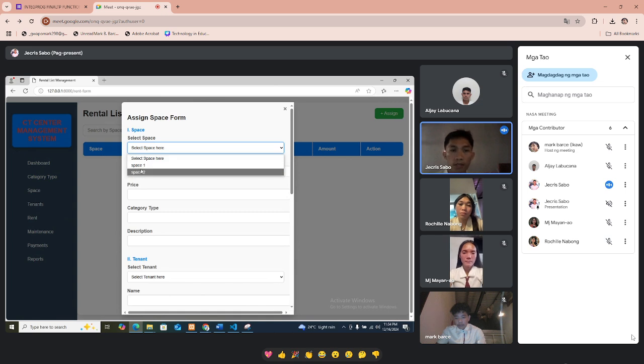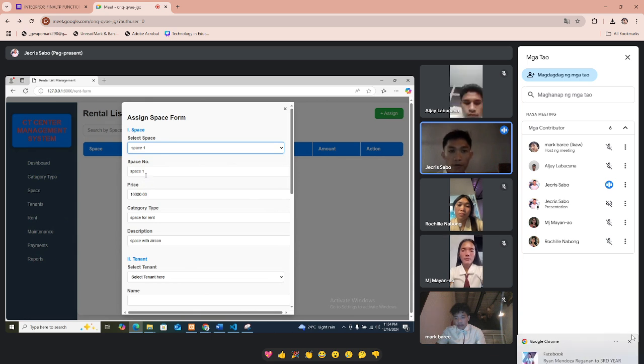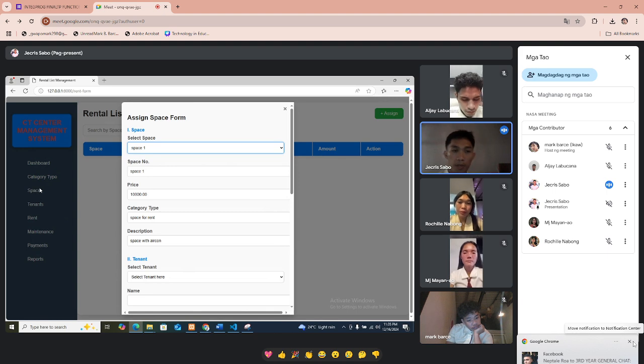So if we click space one, it will automatically fill out the form for the space: the space number, price, category and description. So the data from the space list will automatically fill out the form.